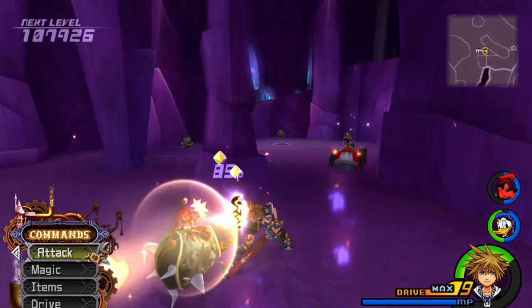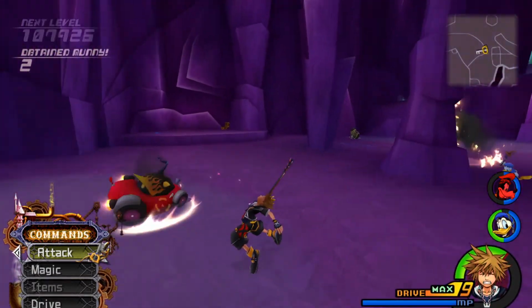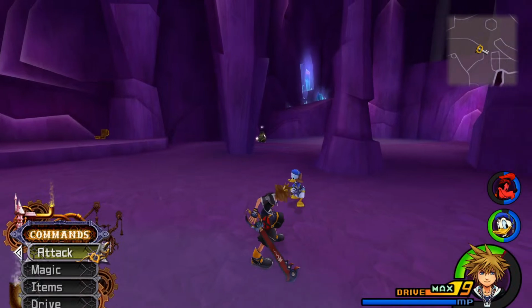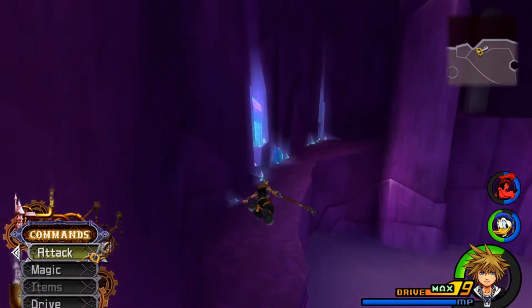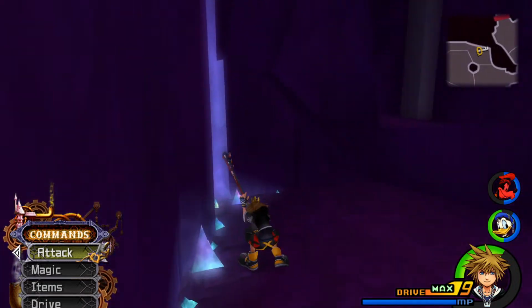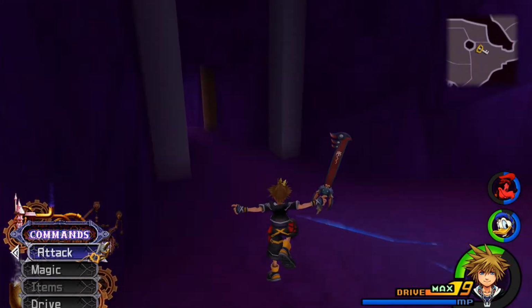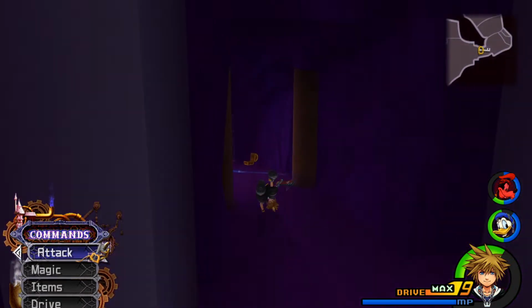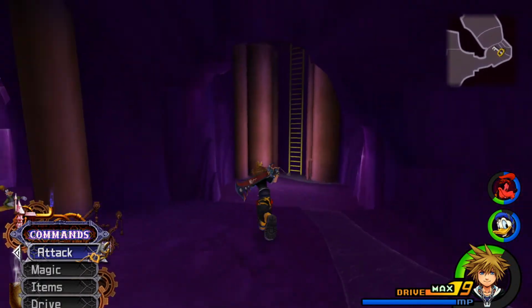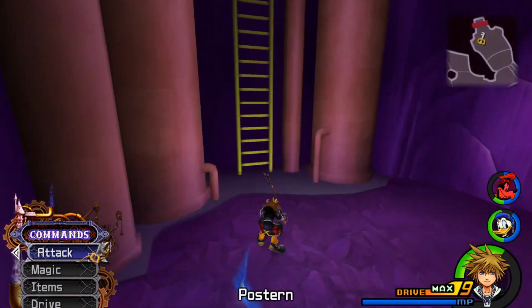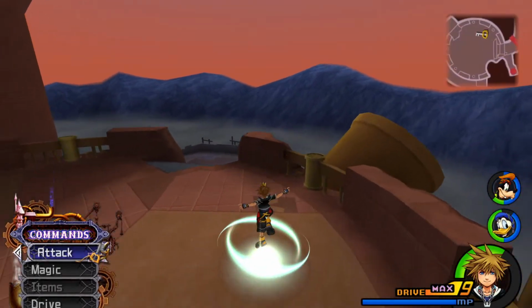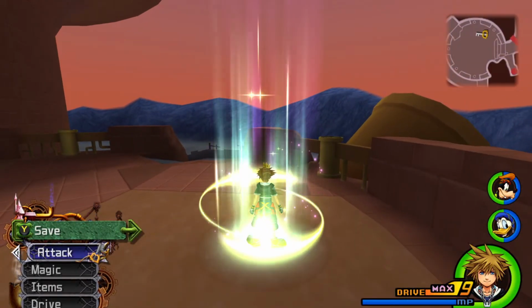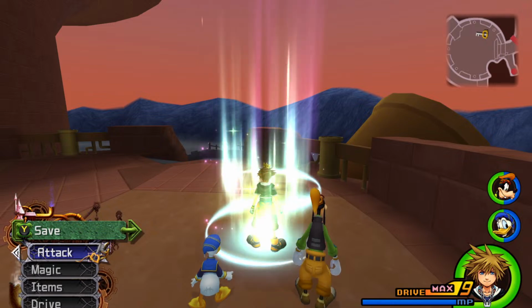There's one thing that I will always hate on, specifically in the Final Mix version, is that you have Quick Run, which is mapped to the square button. And then you have Dodge Roll, which is also mapped to the square button, but if you only lightly tap it, it does Dodge Roll, and if you hold it, it does Quick Run. I have gotten used to this at this point because I've played this game a billion times. It's really bad. Anyway.